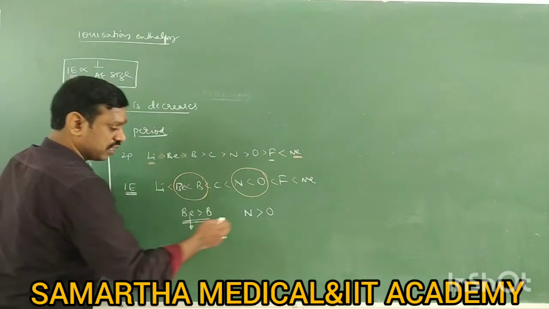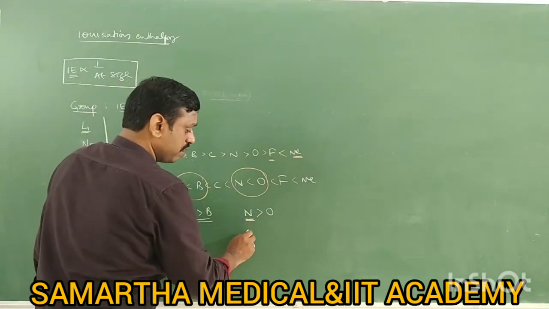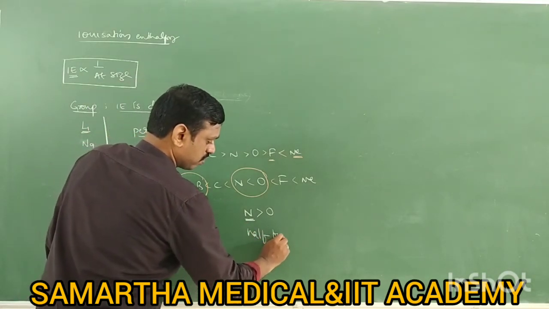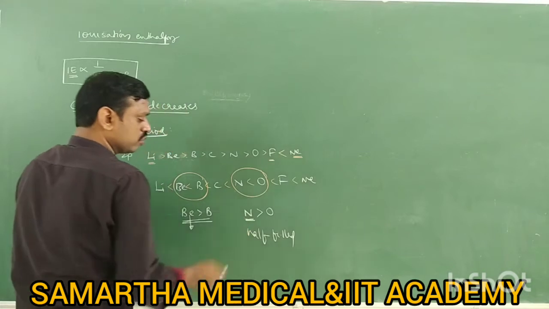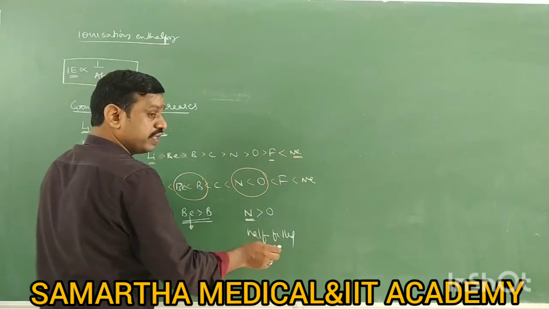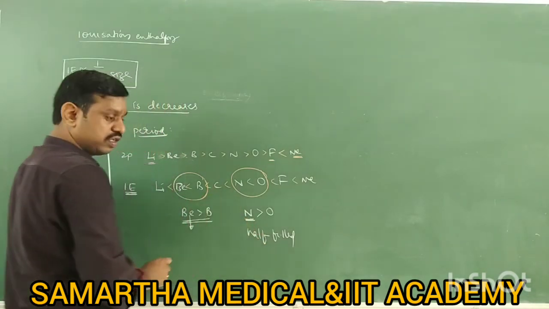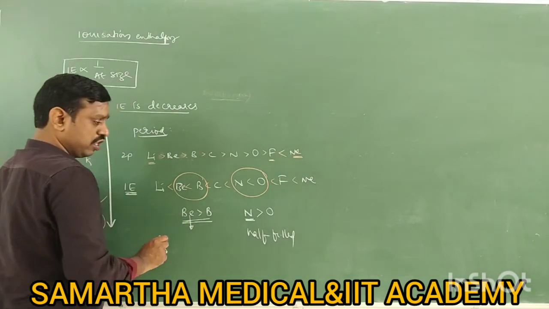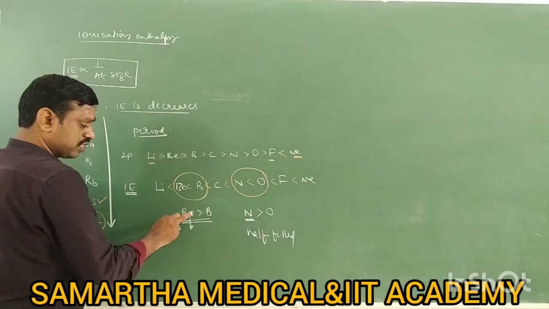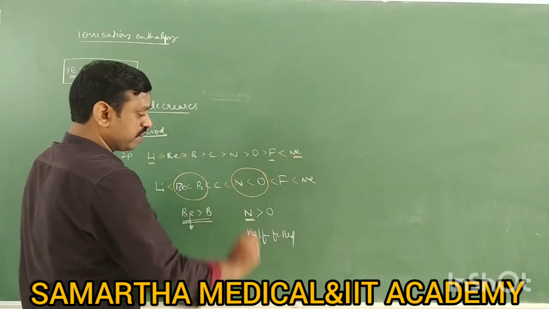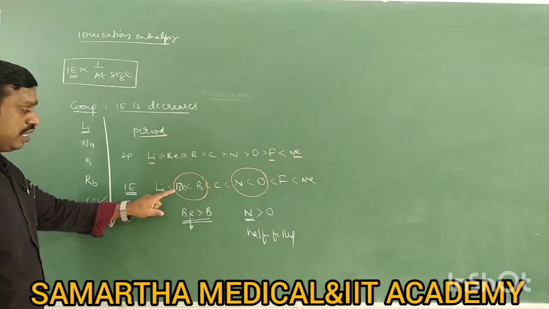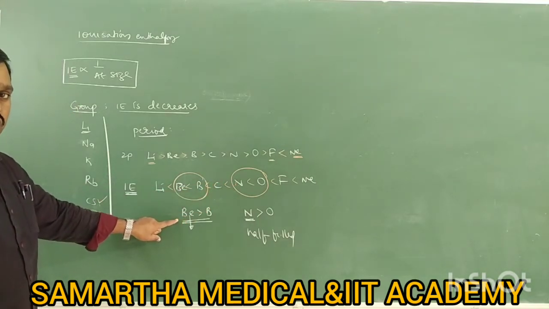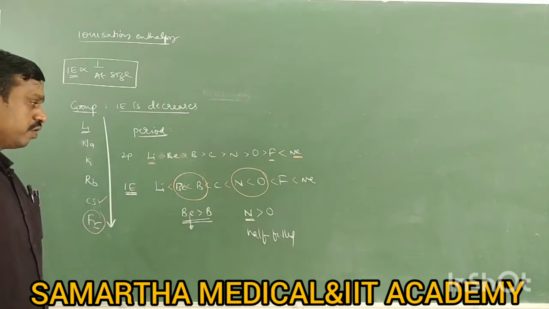What is the reason? The reason is the same. Nitrogen has a stable half filled electronic configuration. If you write the electronic configuration of nitrogen, it has a stable p3 configuration. Therefore, due to the stable half filled electronic configuration, beryllium and nitrogen have exceptionally more ionization enthalpies. So the order is important, you must remember.